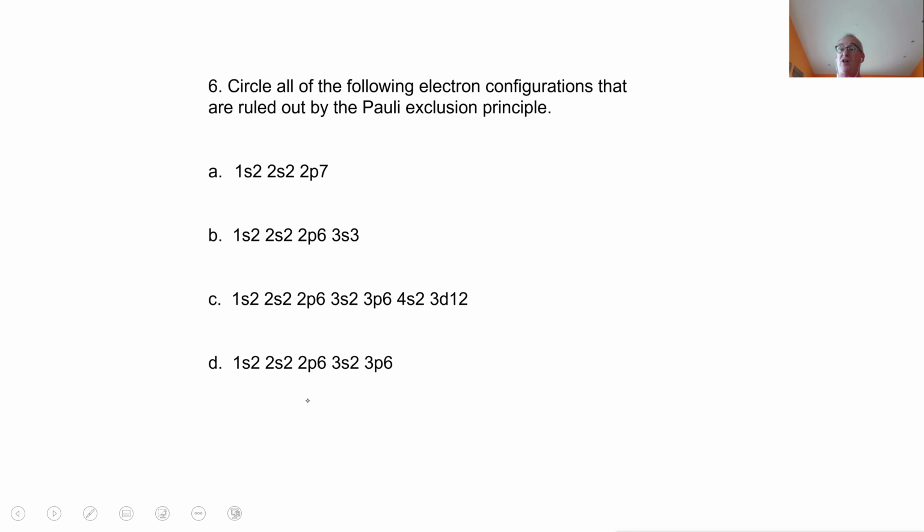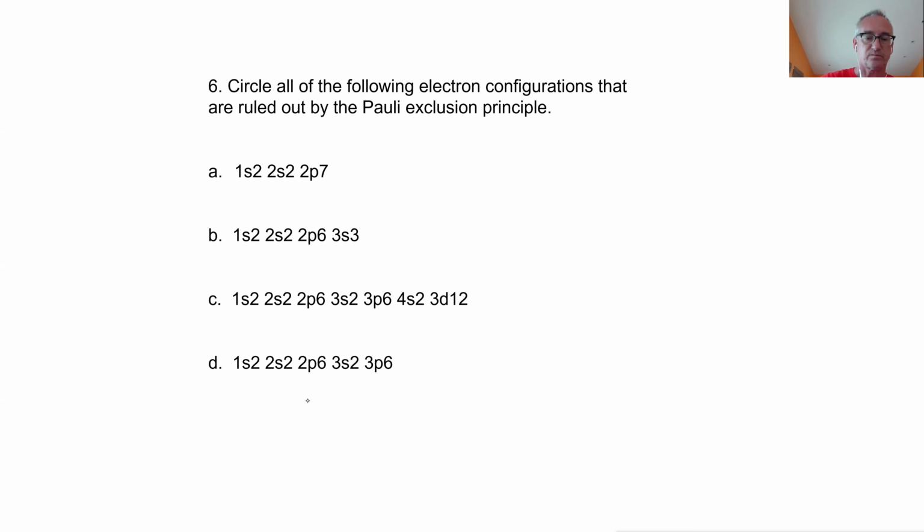Now, the Pauli exclusion principle. Anyone remember what the Pauli exclusion principle was? Now, we had a lot of rules this morning. I'm just reading this from the book. Someone's reading the book. I love it. No 2 electrons in the same atom can have exactly the same set of all 4 quantum numbers. Right. It basically means you can't put more than 2 electrons in an orbital,